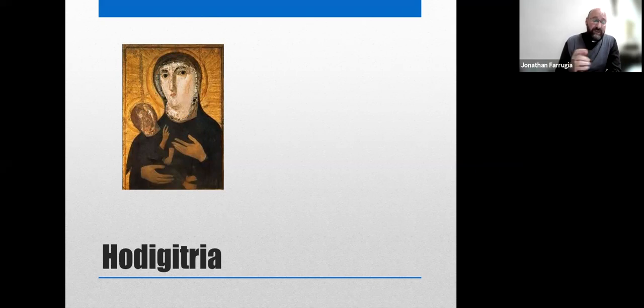Therefore, Mary is showing the onlooker the way he or she has to follow in life, and obviously the way is Christ. Christ who himself said, I am the way, the truth, and the life. Now, traditionally, the earliest known example was found in the Holy Land in the monastery known as the Hodegon. Now, the Hodegon is literally the monastery of the guides. Who were these guides? This monastery was inhabited by monks whose mission was to help the blind.